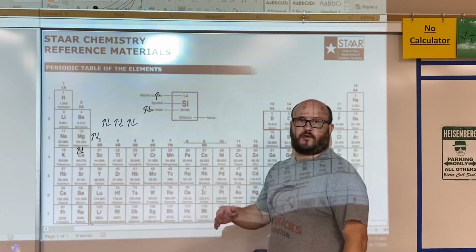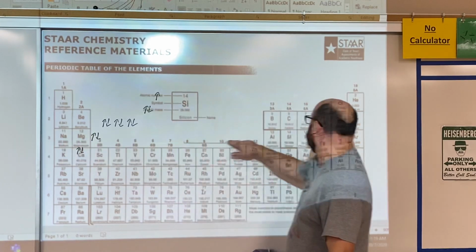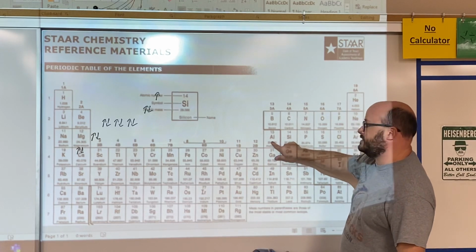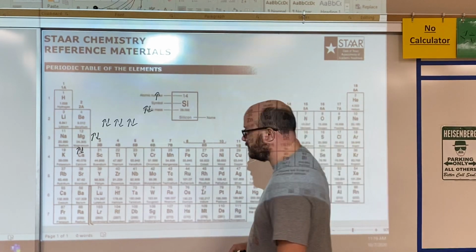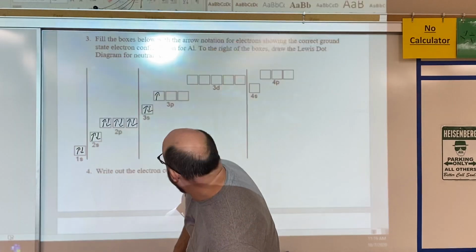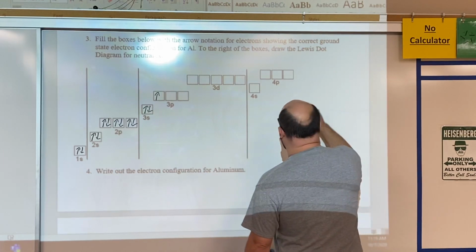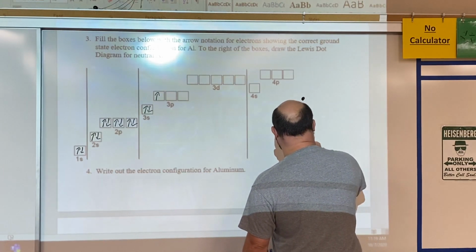The 3 stands for the energy level or the period. So period 3. This is sublevel P, remember, and it's the first element, 3p1. That's where that comes from. Aluminum has 3 valence electrons. So we got 1, 2,